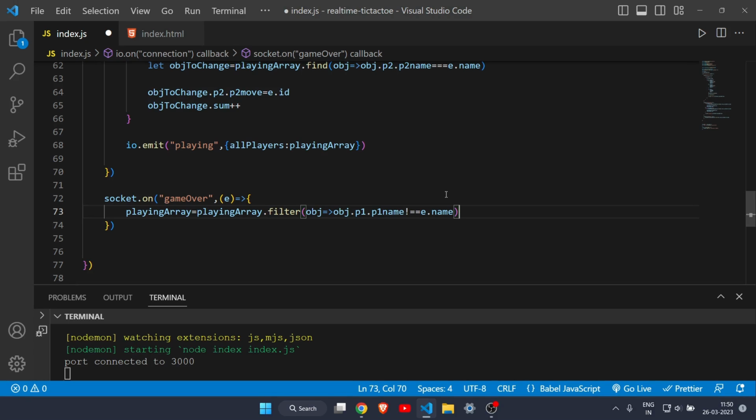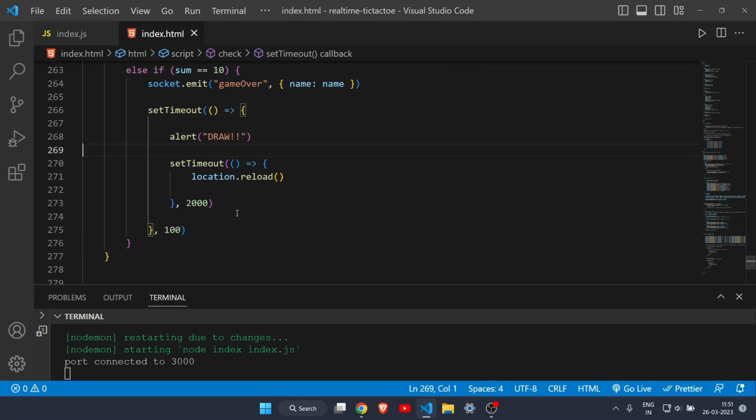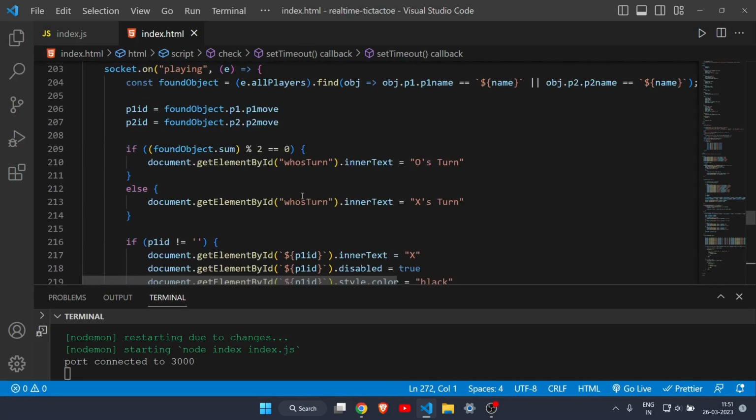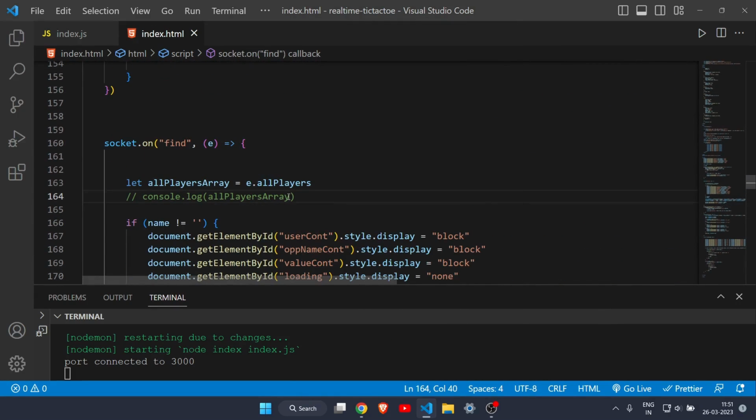So what is happening here, this filter function will go through all the objects in playing array and filter out all the objects which do not contain this name, and the object which contains this name will be automatically deleted. I will just console log here to show you what I mean, and you will get the point very easily. And I will console log here, and also let's say console log here. Alright, okay,